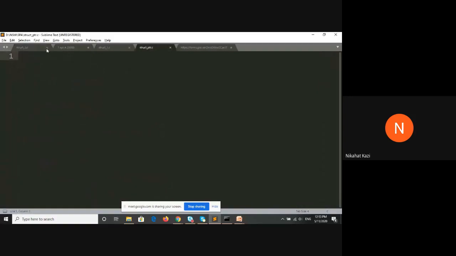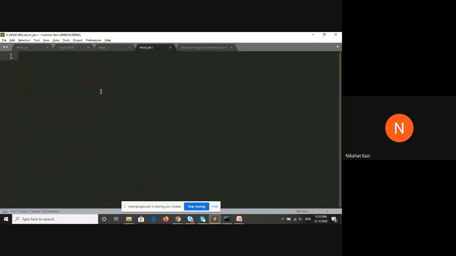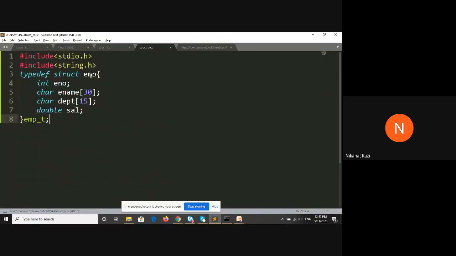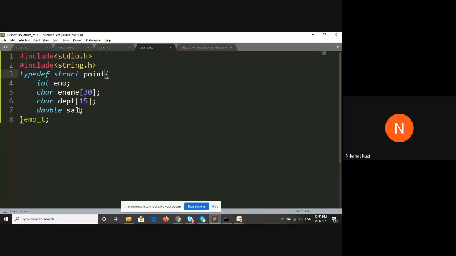we'll quickly create that point struct. We'll call it point, and it's a 2D point, so we'll have two coordinates, x and y coordinates, as the components of the structure. So it will be double x, y. Now we'll call this point type, point underscore t. Okay, once we do this,